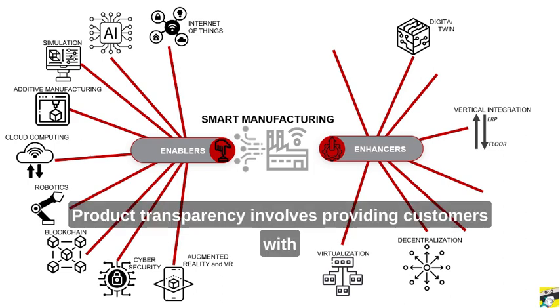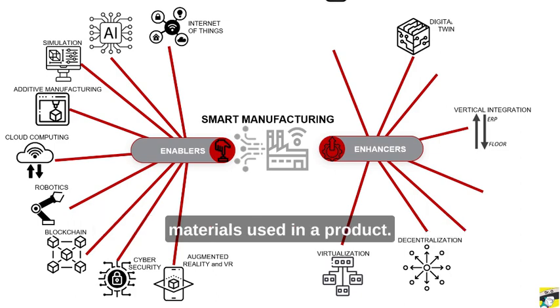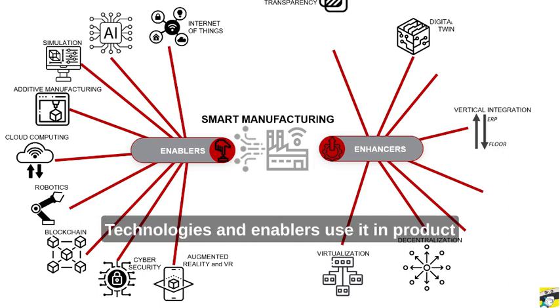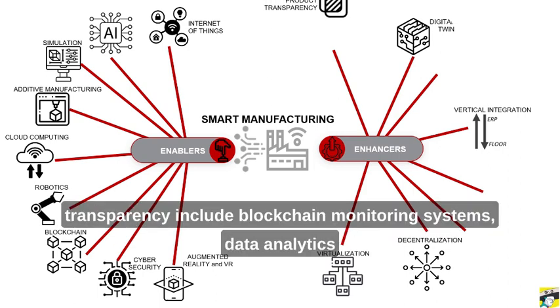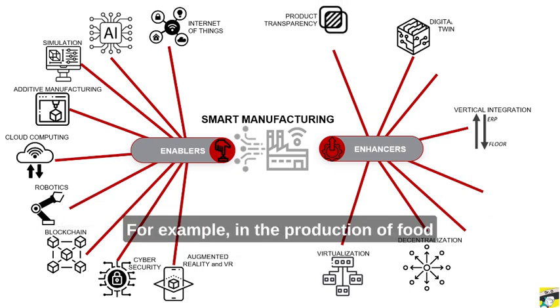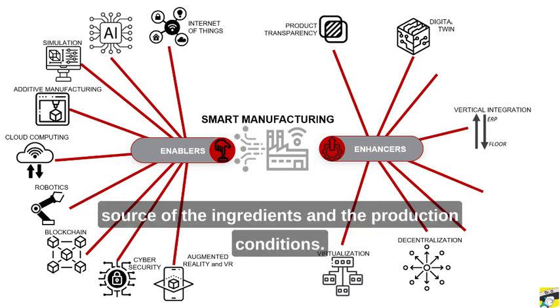Product transparency involves providing customers with information about the production process and materials used in a product. This improves trust and accountability. Technologies and enablers used in product transparency include blockchain, monitoring systems, data analytics, and supply chain management software. For example, in the production of food products, product transparency uses blockchain to secure the source of the ingredients and